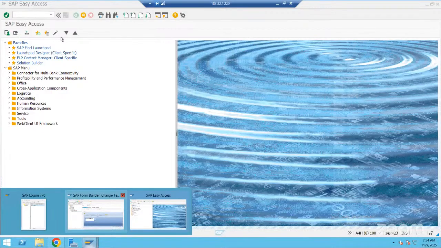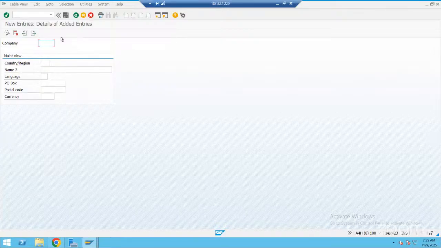I can go MRAS 5, the country region IN, language IN, PO box, I can give the value here, 5600. Currency INR.